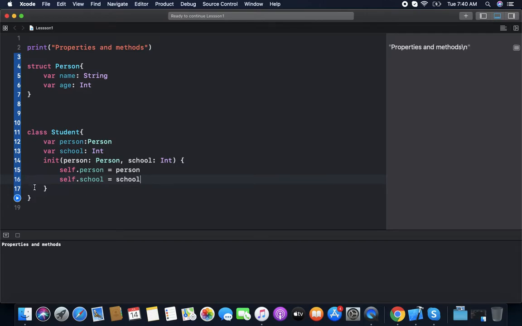Firstly, we create an object with the struct.